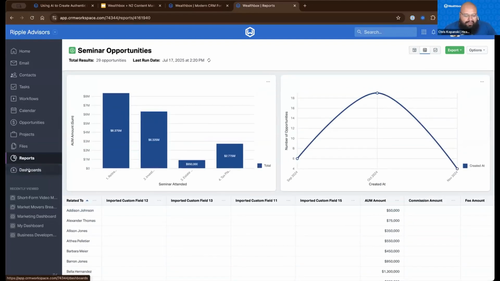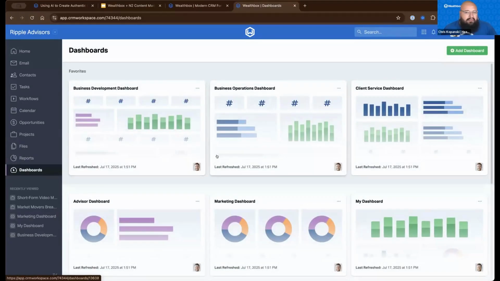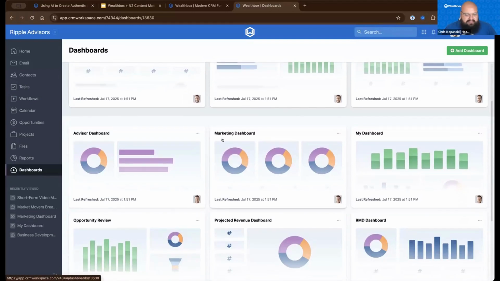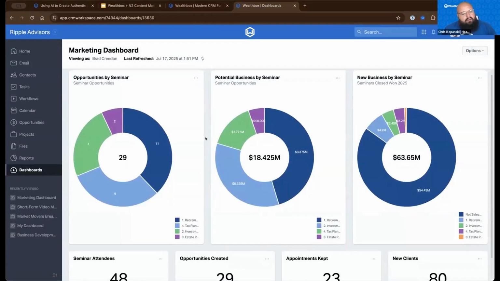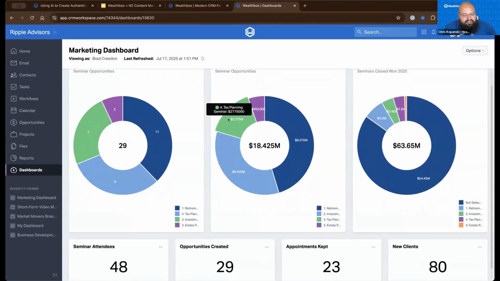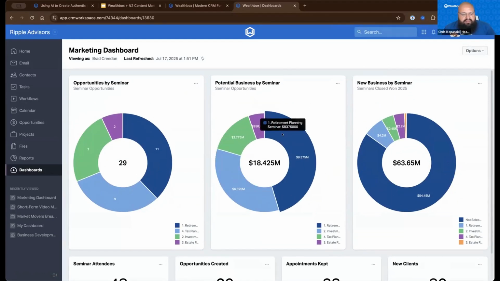But I did want to quickly just share a notable within dashboards, because it allows us to take these reports and not just focus on one piece of information or on one area of your contacts. I have this marketing dashboard as an example that I've had in Wealthbox for quite a while, but it's a really good example that again shows me the seminars and where that's coming from. And that could be, again, professions that my contacts are part of. And then on the other side of it, I could find out where do they live. Maybe I should create localized videos based on new tax implications that are being rolled out.